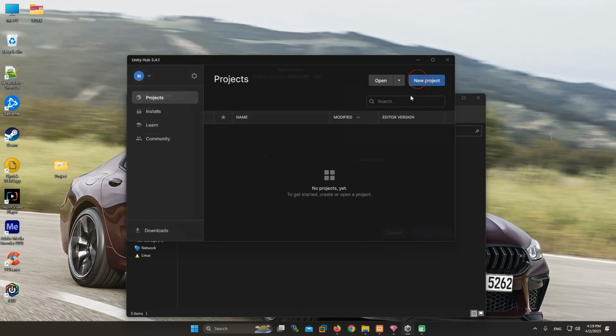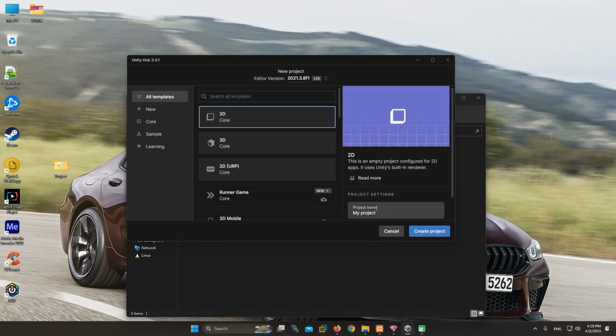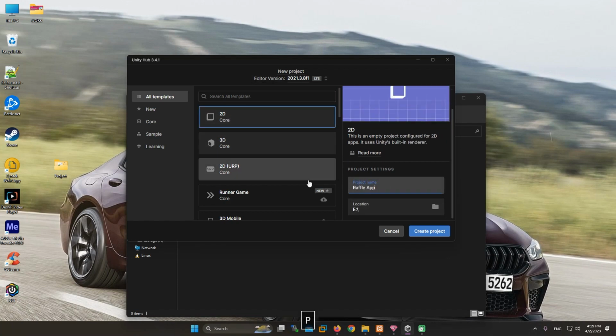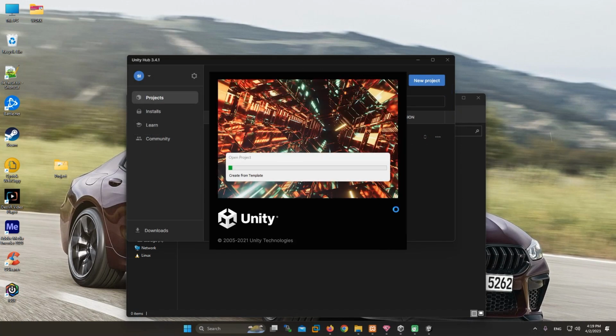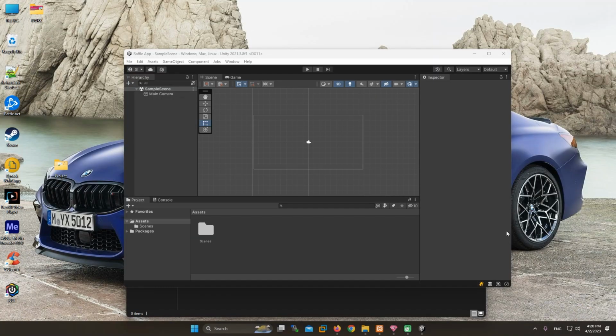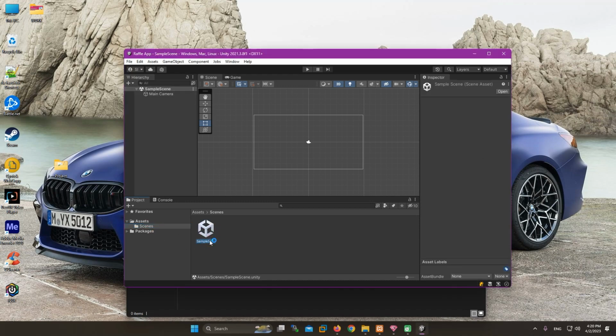Okay, so let's start. We're going to create an empty core 2D project. We're just going to name it like that. Okay, so before starting, what I like to do is rename the scene name. So rename. Okay, I'm just gonna drag the project into the asset folder,